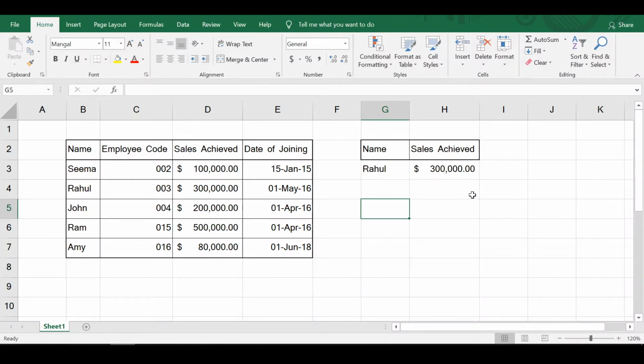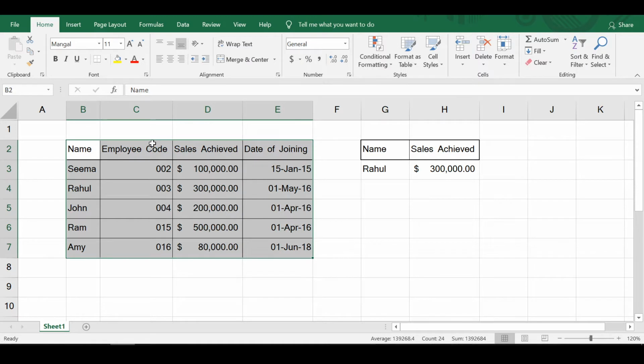Now in order to understand how we can use VLOOKUP to extract our data, we must first understand how Excel understands VLOOKUP and how Excel uses it to extract our data. So what Excel does is, first from this whole sheet it narrows down to this table area, that is the table array that we have specified in the formula. Next it searches for the employee name whose data is to be extracted. For example, if you want to extract the data of Rahul, it will go to the name of Rahul and then it will further narrow down to this row within this table array.